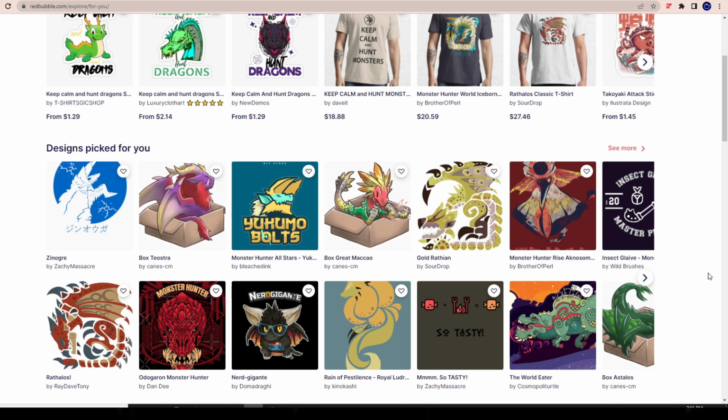I need two validations. The first one is just my general interest. When I look at a design, I want it to catch my eye, right? For whatever reason, this design right here is catching my eye. And for whatever reason, this one is catching my eye, okay? I need it to catch my eye. That's the first criteria. The second thing is I need to validate that design by making sure that it actually